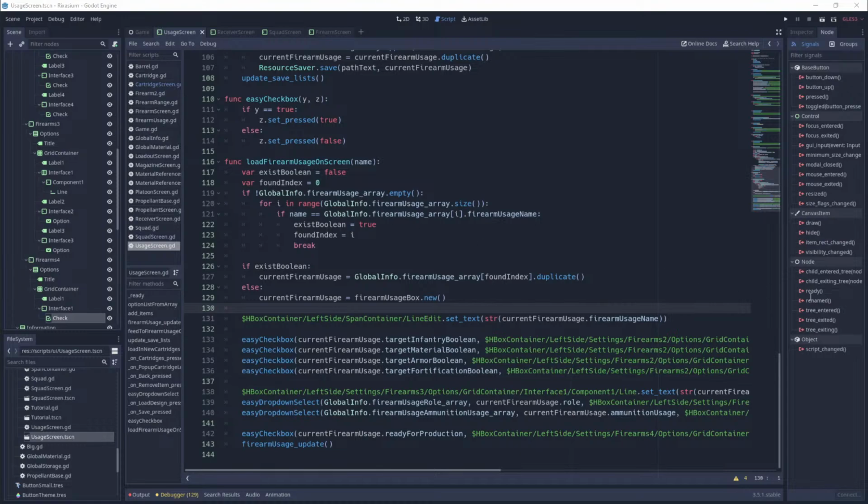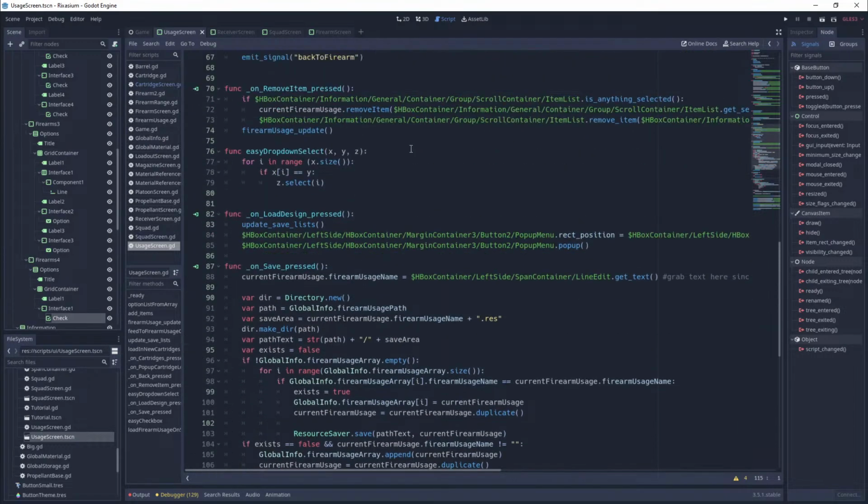Very nice, a very dark theme, very handsome. So now that we have that, for the actual load design,